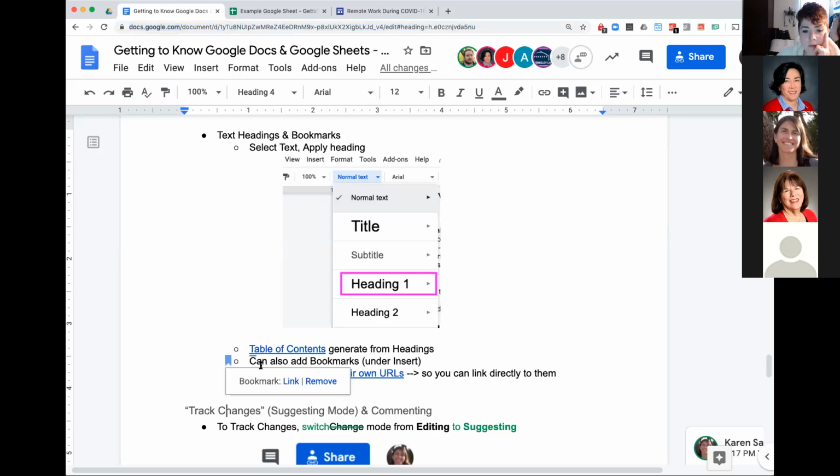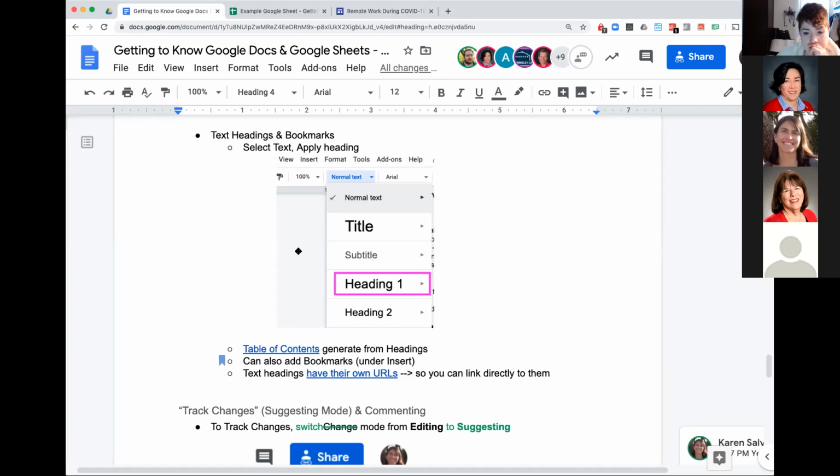If you click on this bookmark, this is a little harder to get it to come up. So the bookmark has its own link, and so does the text heading? Correct. Can you show us again how you did it in the text heading? Yeah, so basically you just need to be somewhere in the heading. Okay, so in a heading. Yeah, so if you've created a heading, you just need to be somewhere in the heading.